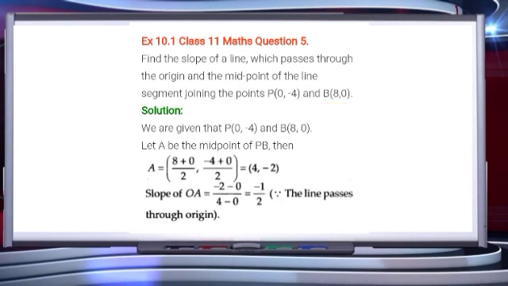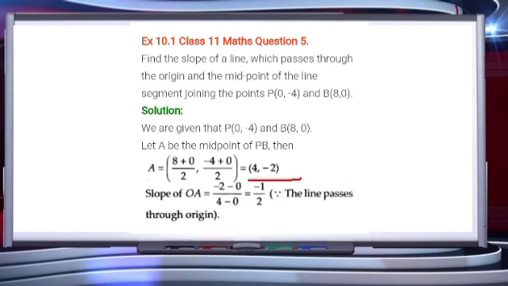So that means we have to find the slope of a line which is passing through the origin as well as the midpoint of these 2 points. So first we will calculate the midpoint of these 2 points. Let A be the midpoint of PB. The midpoint is given by (x1 plus x2) by 2 and (y1 plus y2) by 2. So here it becomes (8 plus 0) by 2 comma (-4 plus 0) by 2, that reduces to